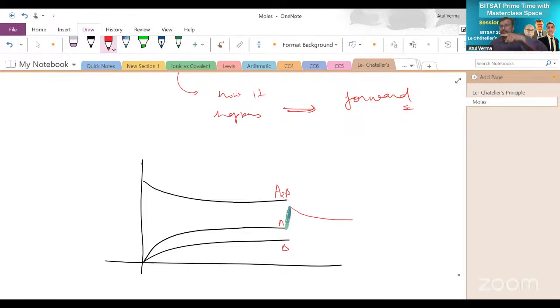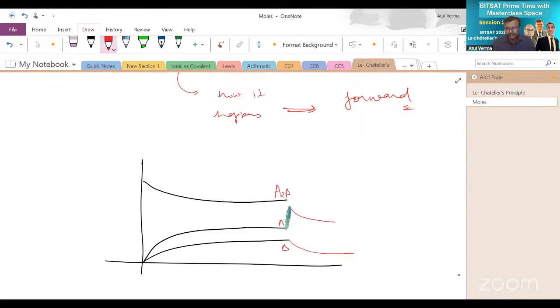Because A is going forward, with what is it reacting? It is reacting with B. Hence, B is also going forward. Hence, the concentration of B will also fall. This is very important. I'm not drawing it to the correct scale actually, because if you see the scale,